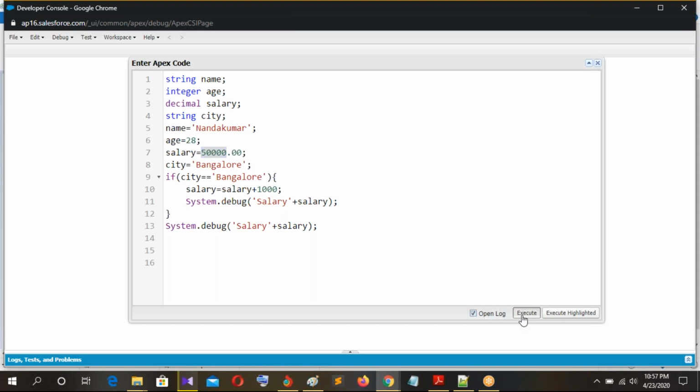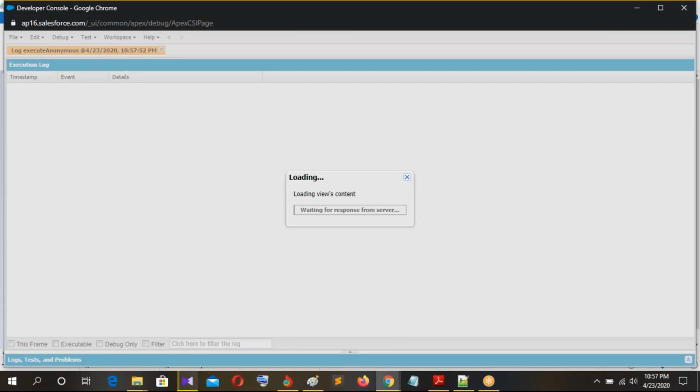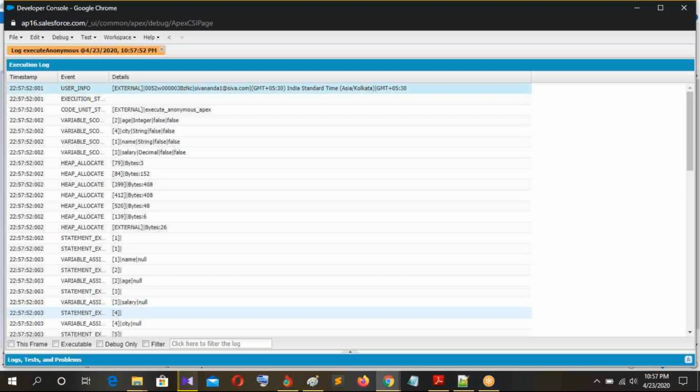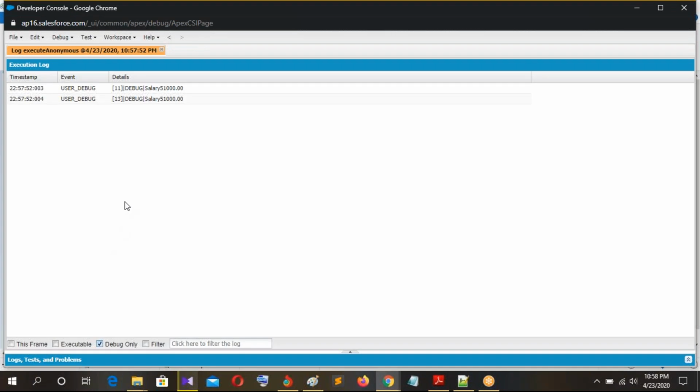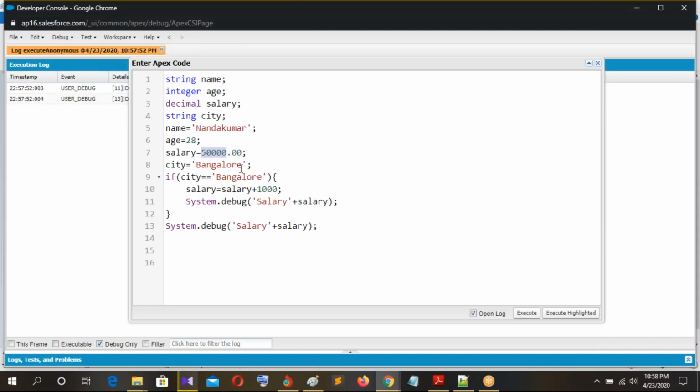Okay, just click on execute. Debug only. See, salary is equal to 51,000. Why 51,000? Because the city is Bangalore. In case it is not Bangalore,